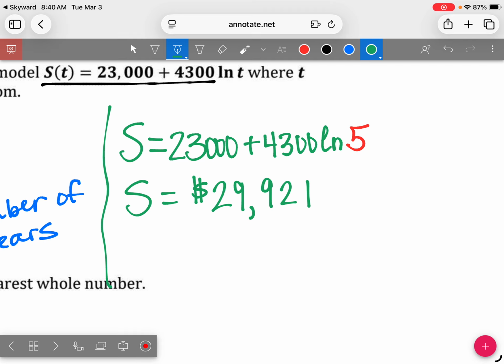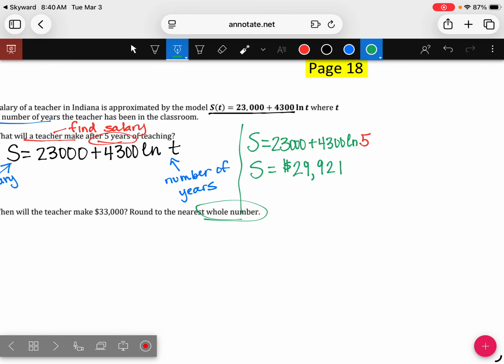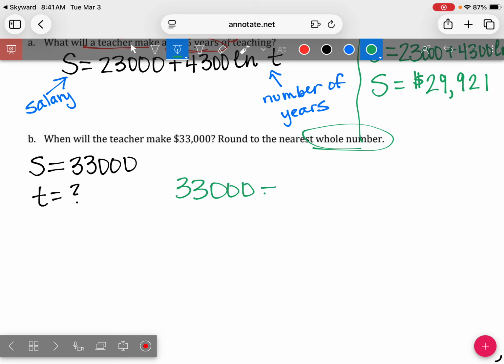All right, now let's look at part B. And it tells us to round it to a whole number, so we don't need a decimal for part B. Okay, it says, when will the teacher make 33,000? So this time we have S, we know S, but what we don't know is T. That's unknown. So I'm going to put that 33,000 in the front of my formula. So that would be 33,000 equals 23,000